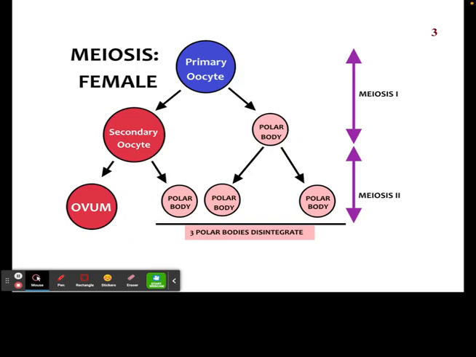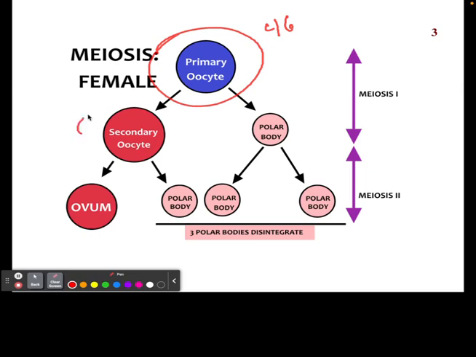Again, I personally just like images. We have the primary oocyte at the very beginning. This one has 46 chromosomes. It's going to start that way. Really, it's going to double its chromosomes before it divides. So then we have a secondary oocyte and a polar body, which is going to lead to a cell that's not going to be used. Both of these are going to have 46 chromosomes each